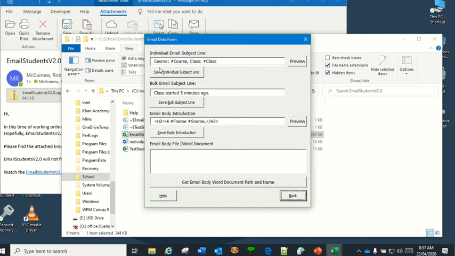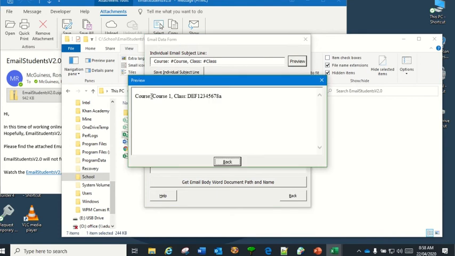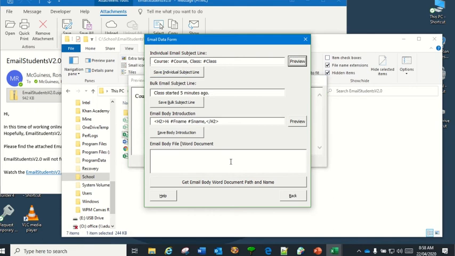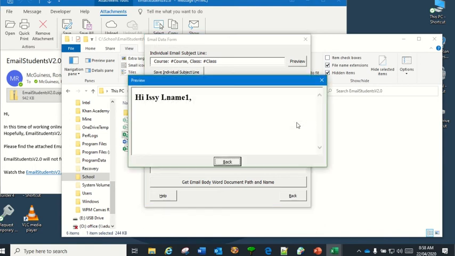This is the email data form. It allows you to put the course and the class into the subject line. This is for bulk email. It's just plain text, whatever you want to tell all the students very quickly. That's it. This one here is the email introduction of the actual body, the actual main message,